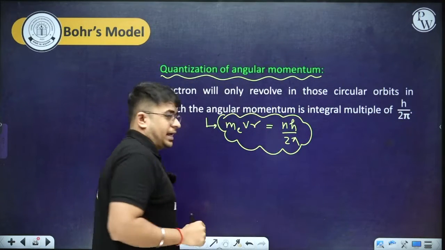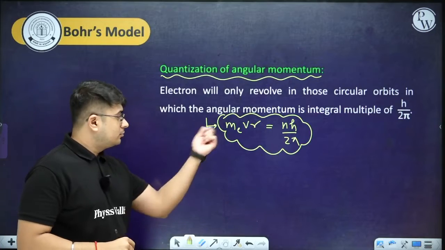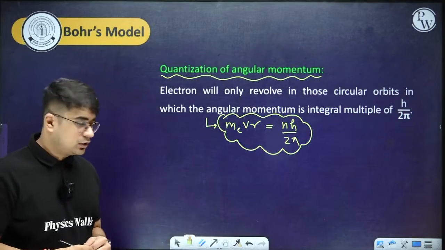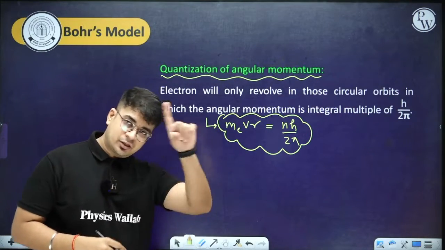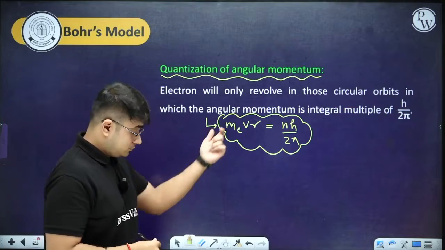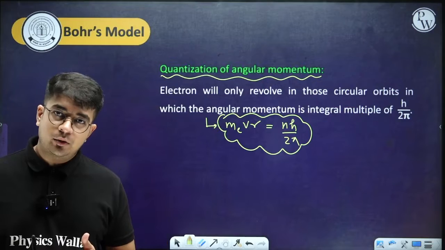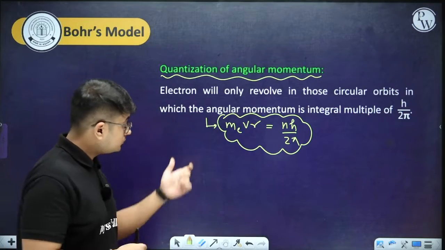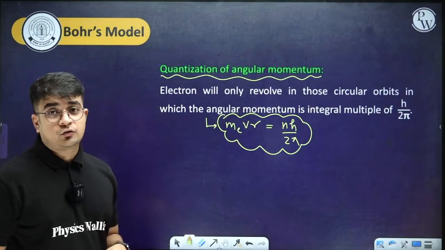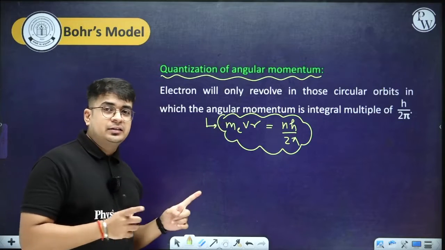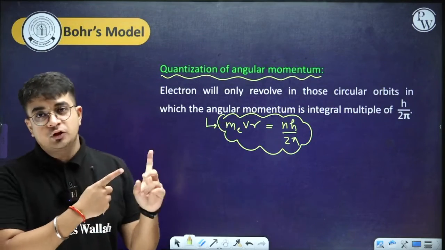So mvr is the angular momentum. For mass, we are using m_e, the mass of the electron. v is the velocity at which the electron is revolving. r is the distance, or the radius of the orbit in which the electron is revolving. That will be equal to nh over 2 pi, because this was the mixture of Planck's